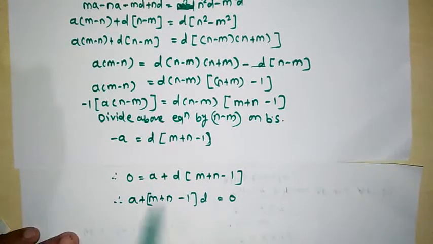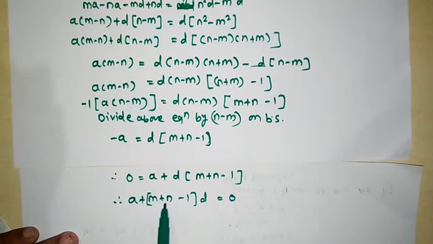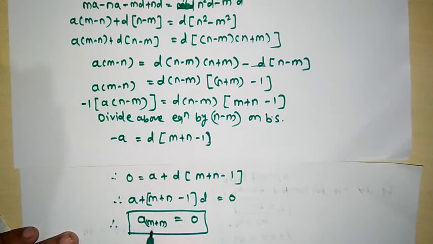Dear friends, observe this equation. Can we write this as the m plus nth term? See here, this is a, and instead of n, here m plus n is there. We know the formula to find a n. a n is equal to how much? a plus n minus 1 into d. This formula looks like this only, that is, instead of n, here m plus n is there. That is, we can write it as a m plus n, that is the m plus nth term. The m plus nth term is equal to this much only, which is equal to 0 we got. Hence proved.